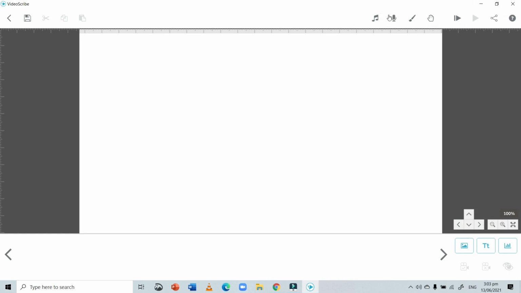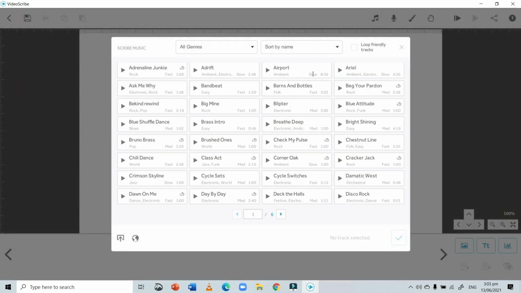First of all, these options over here, this is to add scribe music. There are some already available music files over here that you can use as background sound, and if you don't want to do that, that is completely fine. It is just optional, if you want to add music in the background, you can do that. And if you don't like any of the music files over here and you want to add your own sound file, you can do that with this import mp3 file.